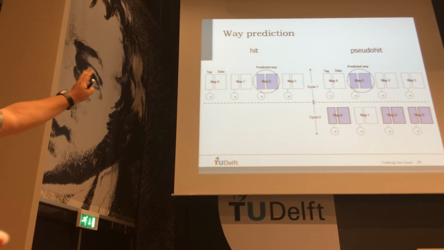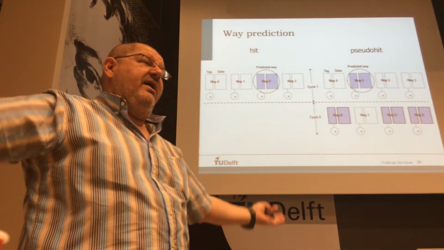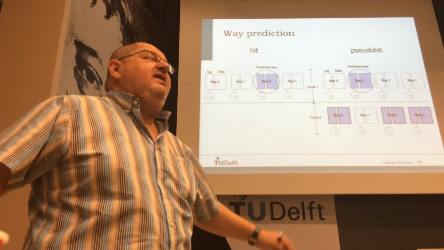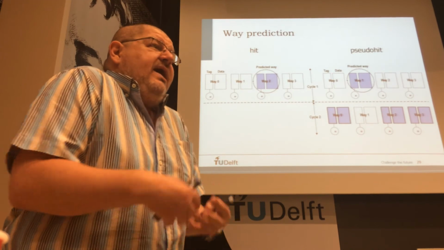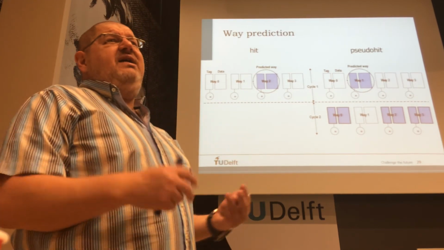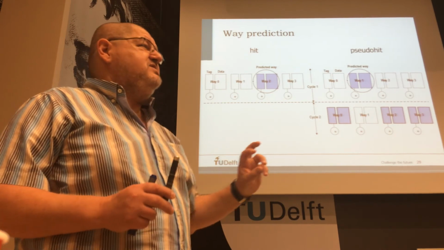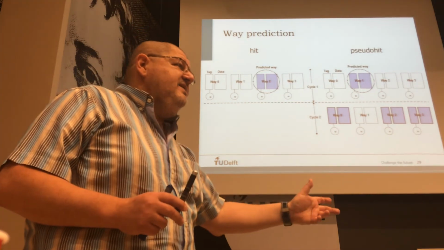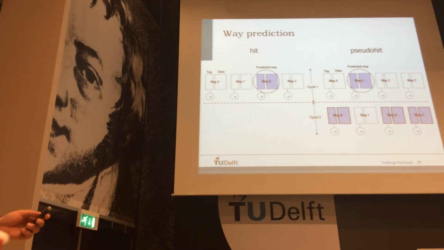Okay, now, if I'm not correct, I will have to do 3 more comparisons in parallel, then invest more energy and an extra cycle and see if I have a hit or not. Then my system will have different kinds of consumption, energy-wise and time-wise for a hit, based on this prediction.